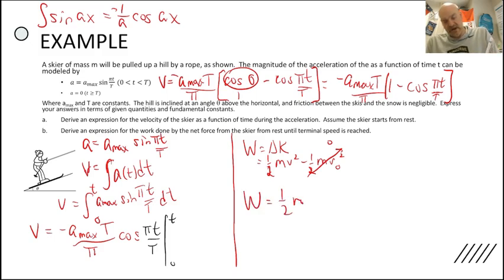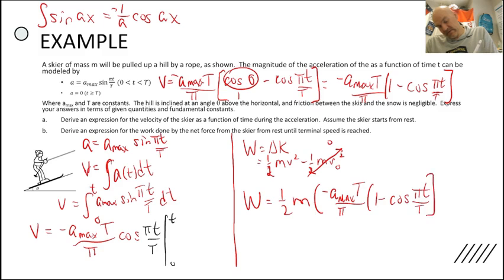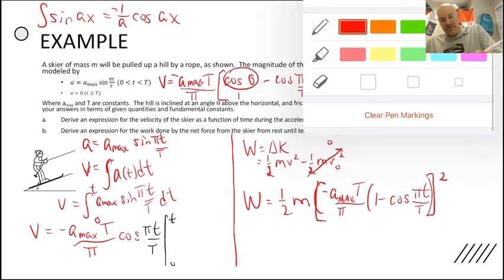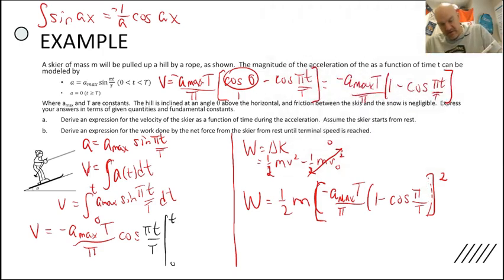So we would have 1/2 mass times this velocity squared. Now what happens is when t is equal to capital T. So in fact, I'm just going to go back here real quick and change this t to a capital T,